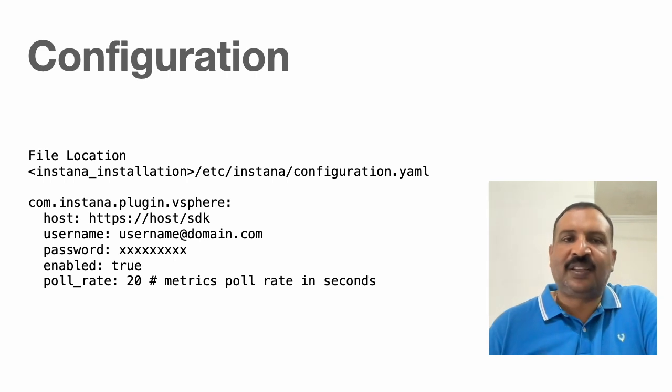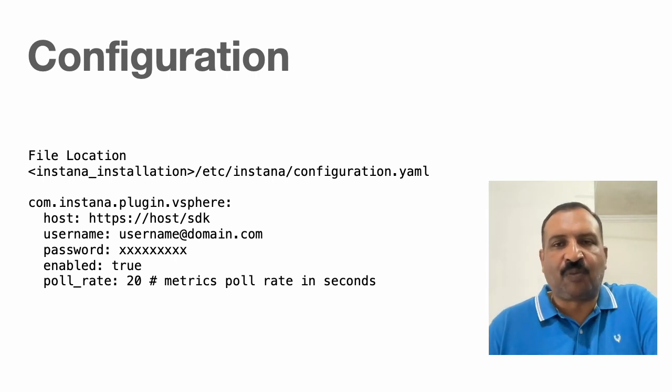We will have to configure the Instana agent for vSphere metric monitoring. This will be done by updating the agent configuration file, which will be located in the agent installation folder. The path would be agent installation directory /etc/instana, and the file name would be configuration.yaml. The configuration would have the sensor or the plugin name, which is